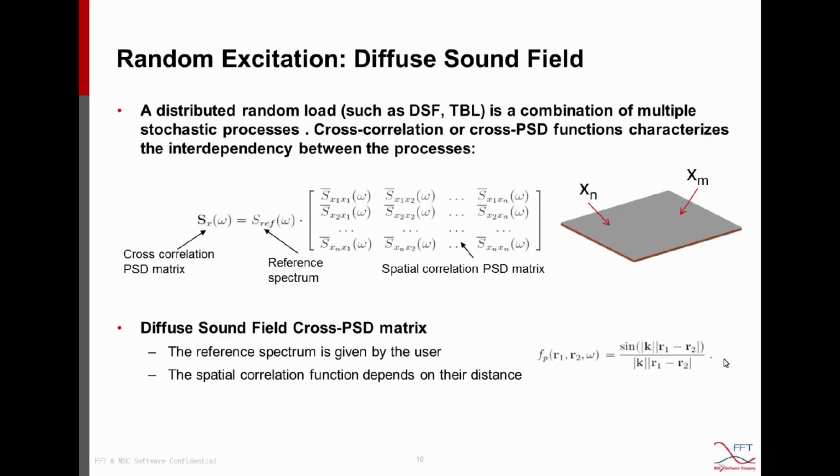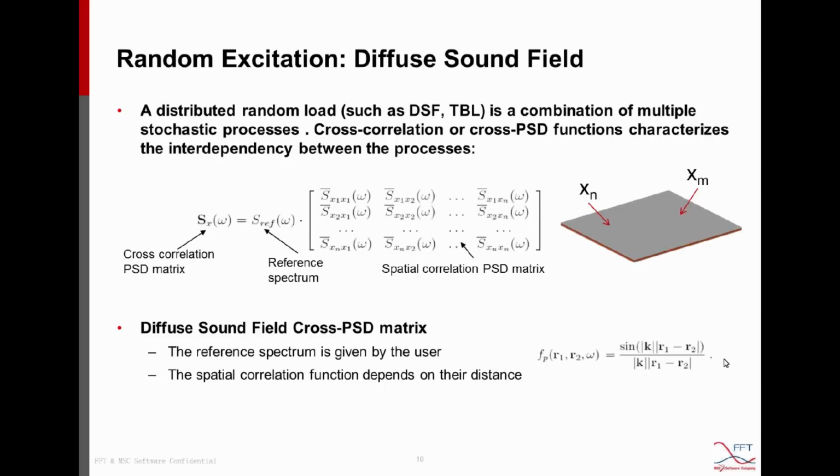When we deal with random excitations, it is different from deterministic excitation. For random excitation, we work on quadratic terms. So we use the power spectral density representation for the excitation and for the response. A power spectral density, or PSD, cross-correlation matrix defines the